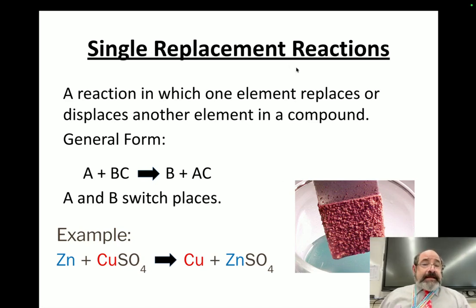Next, we have single replacement. So single replacement is where one replaces the other. So notice here, A is by itself, and then it goes in. So now B is by itself. So they switched places. So frequently these will be metals. So here we have zinc going in and copper coming out. And here you can see copper is coming out. You can see copper right there. So we'll be seeing this one also in class. And we'll also be seeing what